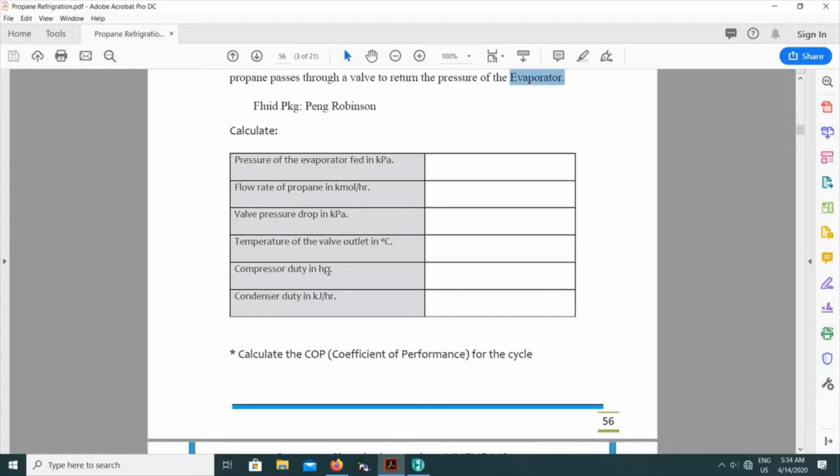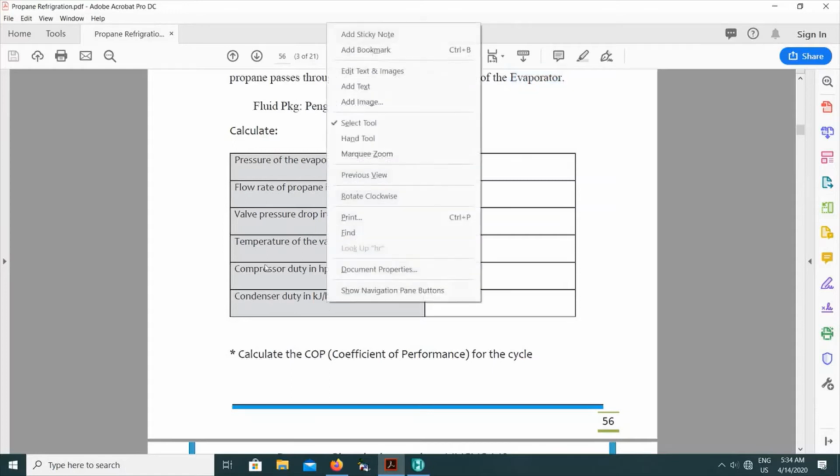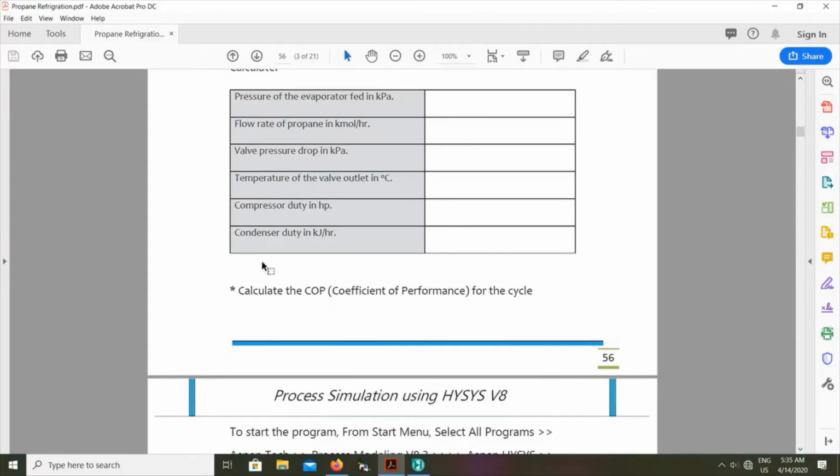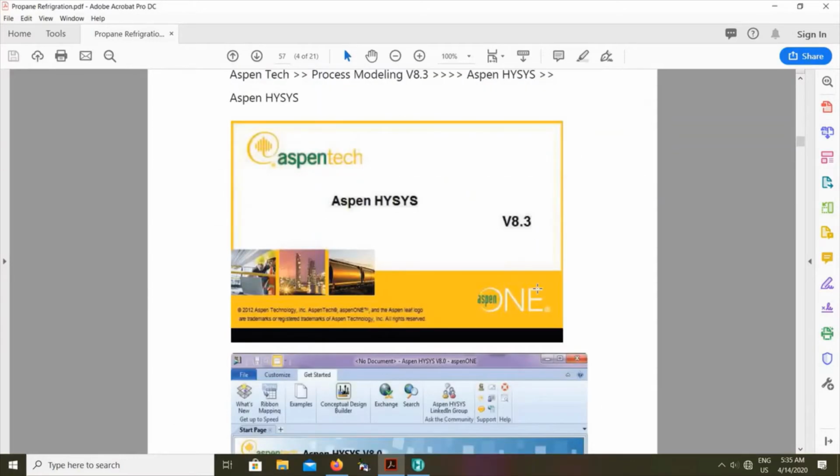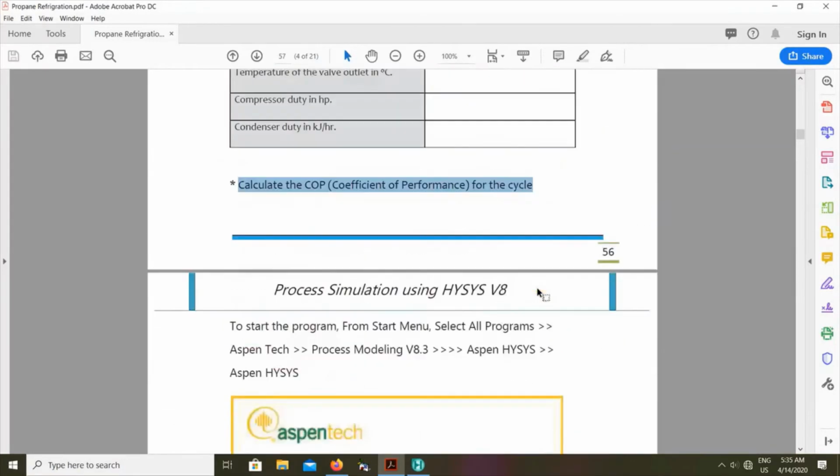What is the compressor duty in horsepower? What is the condenser duty in kilojoule per hour? This is the information that you need to calculate. After finishing all this, we need to calculate the coefficient of performance, or COP, for the cycle. So how can we do this? We can use Aspen HYSYS